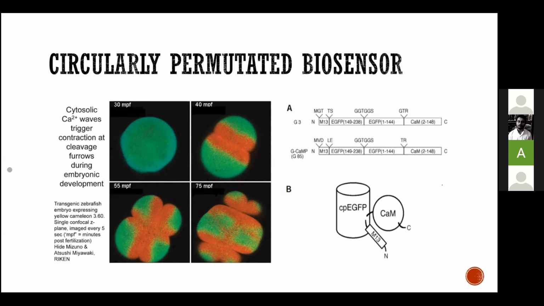ये डिजाइन की बात हो गई, ठीक है. फिर उन लोगों ने कुछ ऑप्टिमाइजेशन किया. Then they went to the second strip, which is GCAM 8 G85. So उन लोगों ने कुछ linkers change किए, थोड़ा fluorescence आगे पीछे करके देखा कि किसमें max fluorescence आता है. Then they reached a point where they made the fluorescent protein design, and they named it GCAM. Okay, so that was all about the sensor.